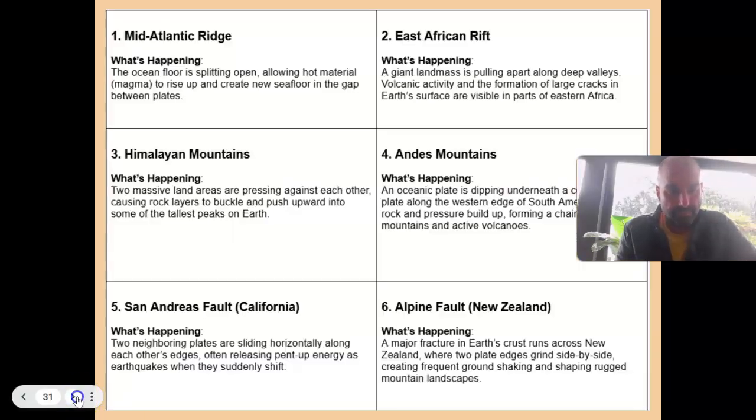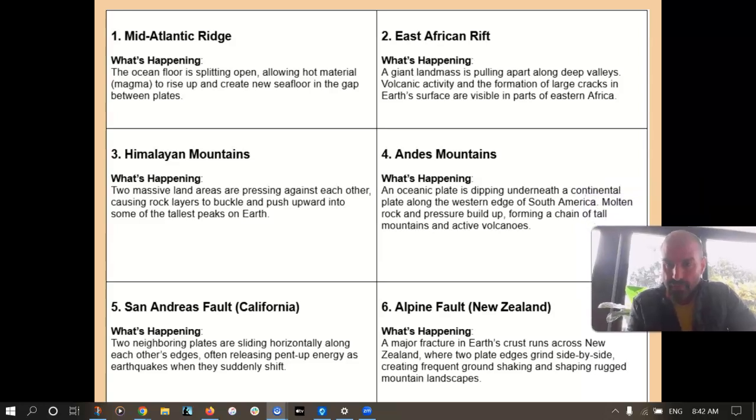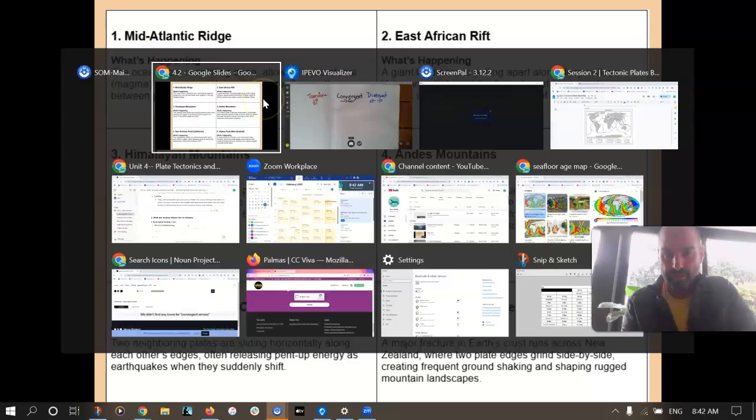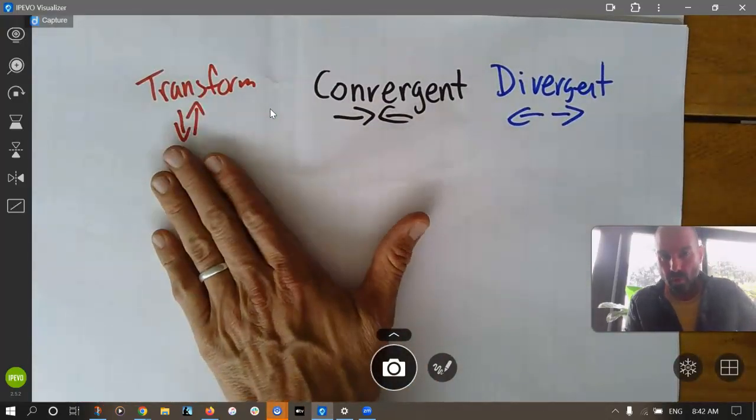So what is that going to be? Again, I would recommend pausing this video. Let me get my face out of the way. And here, this is describing actual boundaries. It says what the boundary is and then what's happening. So your job is to read about the Mid-Atlantic Ridge, read what's happening, and then go back to your piece of paper and write Mid-Atlantic Ridge under one of